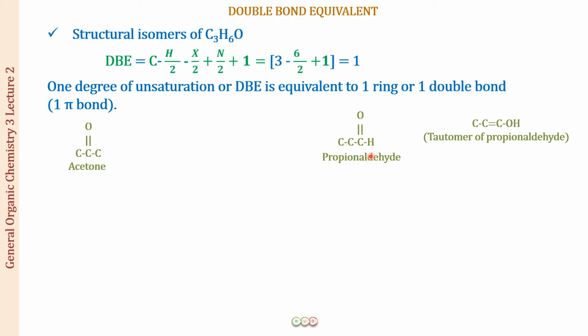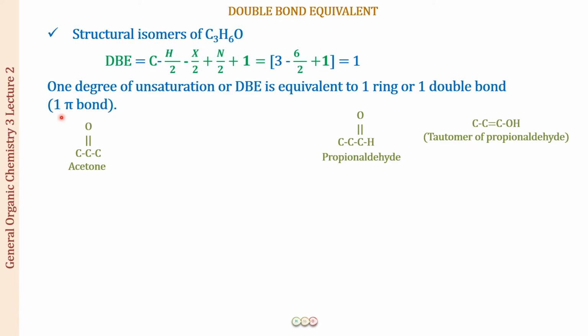And what type of isomerism is this going to be? Well, this is going to be functional isomerism, but this is a very special type of functional isomerism which we call tautomerism, which you're going to learn in the next lecture. I'm not going to talk more about this at the present moment, but this is what we have as a tautomer of propanal.